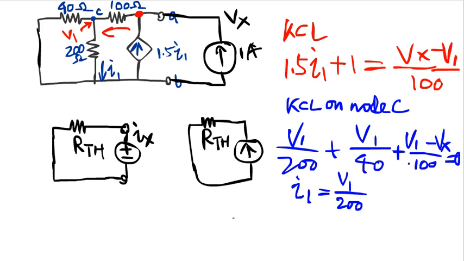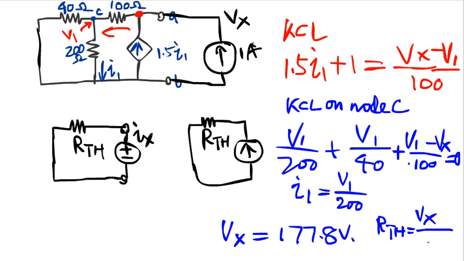So with these 3 equations, we can solve for whatever we want, and we're going to be able to find out that the voltage Vx would be exactly 177.8 volt. Therefore, RTH has to be equal to Vx divided by 1, and you know the